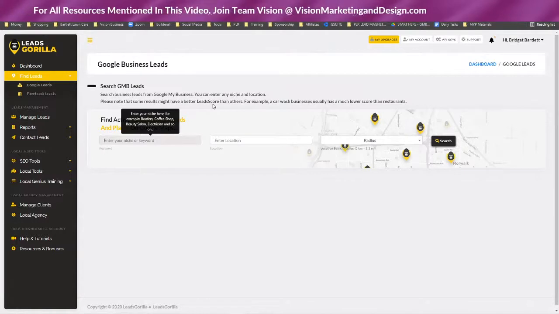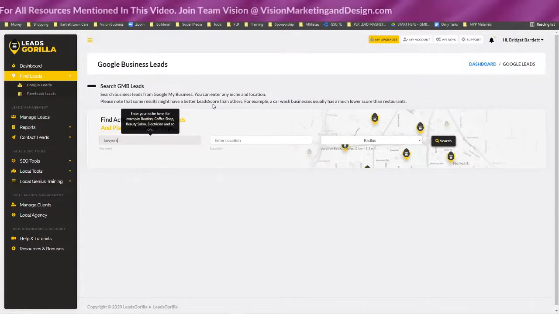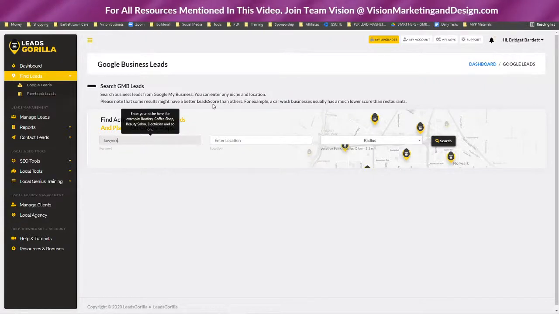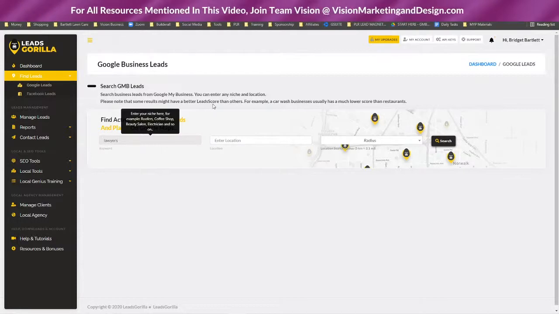So let's search for, let's just say, lawyers, because lawyers are a great niche. If you're doing web design, it's great to choose a niche, because then you can go to, say, lawyers and say, hey, look, I specialize in marketing for lawyers, and I have a website that I've created that I think would fit you perfectly. You can share a template with them, because if you are in the lawyer niche, you probably have a lawyer website, right? And if you don't, you could always share one of the templates that we have in the Funnel Club.